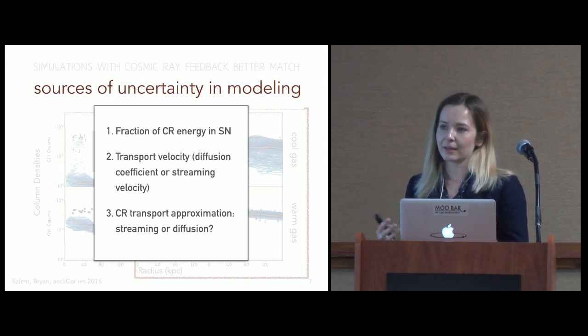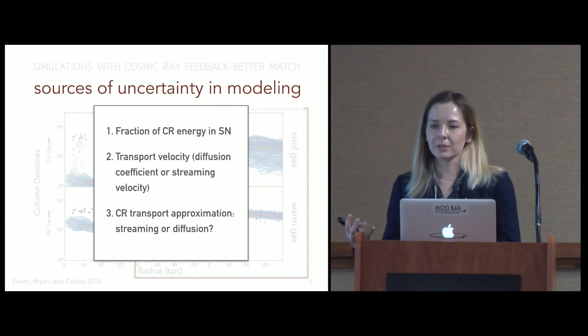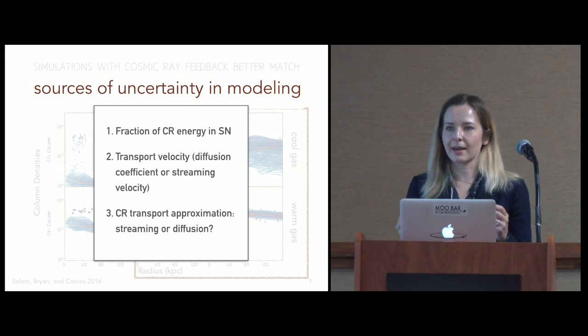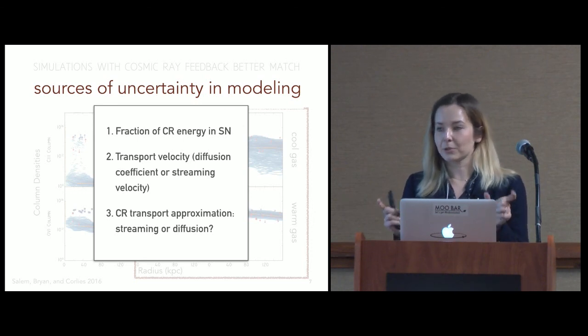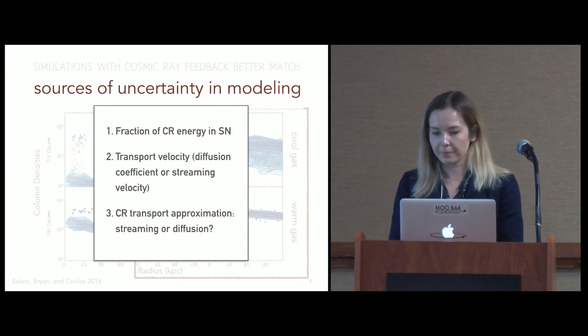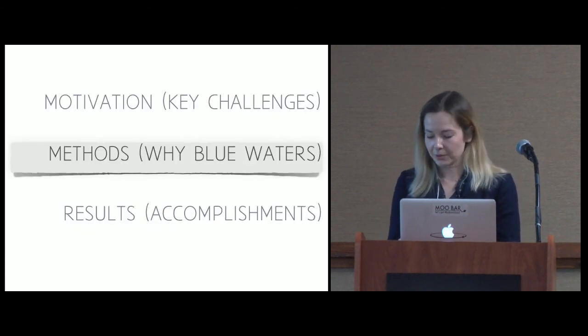And so groups will pick one or the other, run their simulations, show the results. But what I'm going to focus on is showing that it really matters which approximation you use, and they should give pretty different results for the structure of the CGM. So